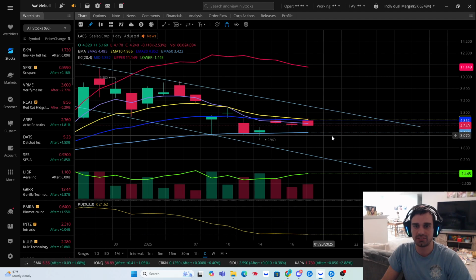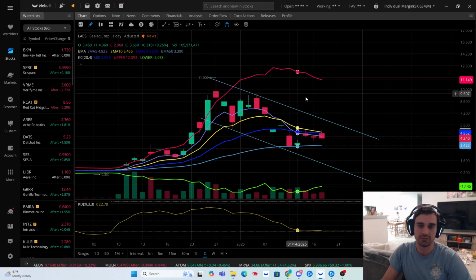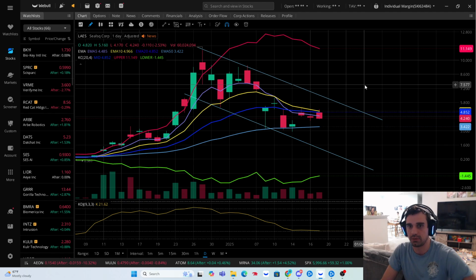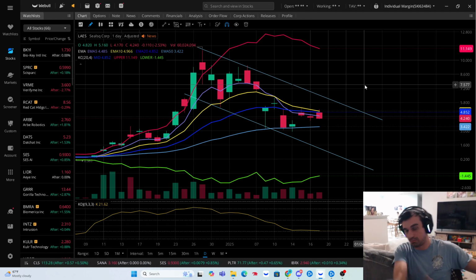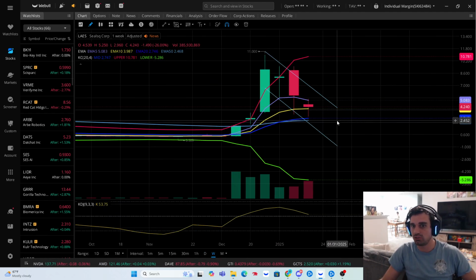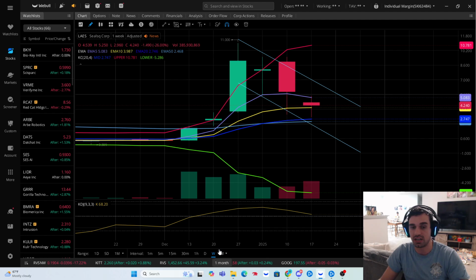So hope you guys like this analysis. This is my analysis on LAES. I like the company. I like the volume. I think this can make you massive returns. Obviously have a risk plan in motion. If it goes below 15% on the weekly EMA 50, then yes, I would look to stop out. But we've had very good success with this strategy and with a lot of other tickers.